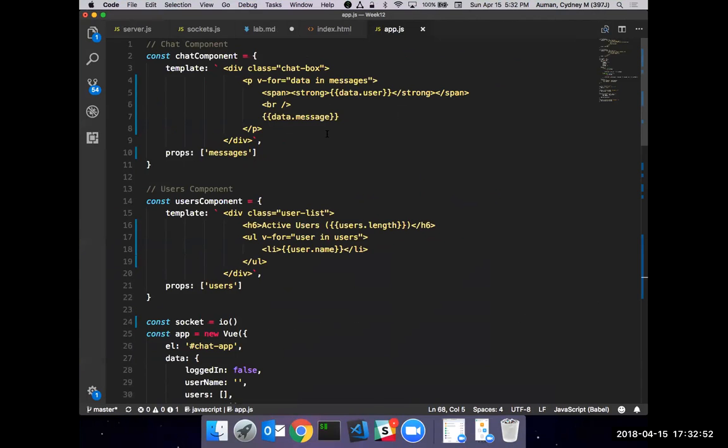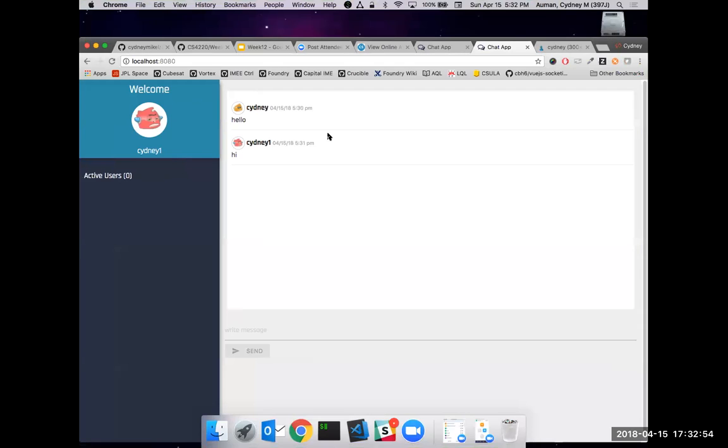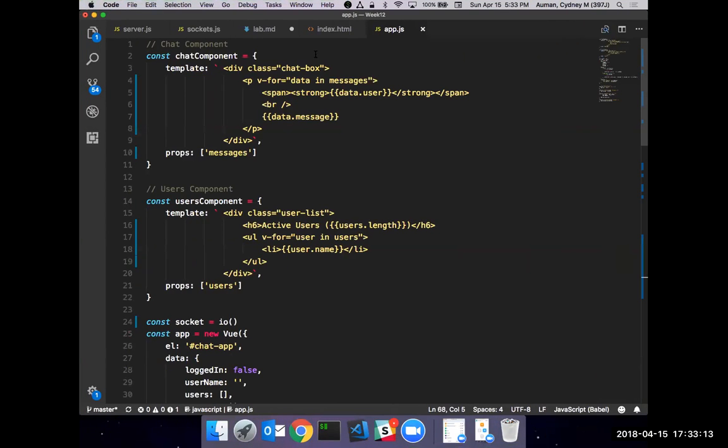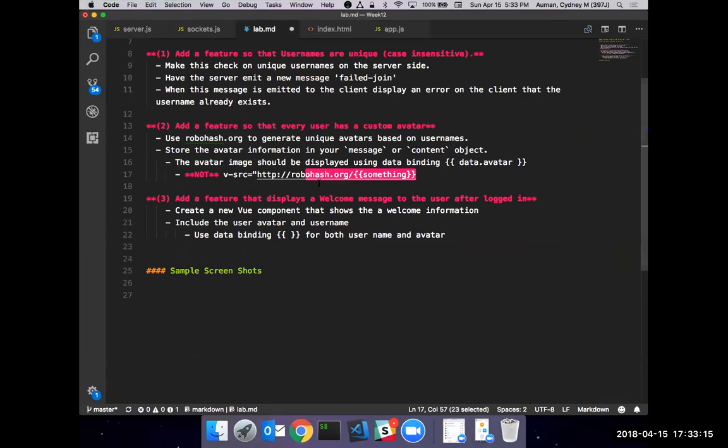And I already have the CSS styling, so I'm just going to upload the style sheet I have. You'll get this for free if you use my CSS classes, the styling that I have here. If you don't, that's fine. It doesn't have to be styled as nicely as this, but you should have something like this. So I'm going to take some screenshots of these three features. As you can see here, this is my to-do, my homework for this evening. Let's take some screenshots of that so that you have a picture reference.